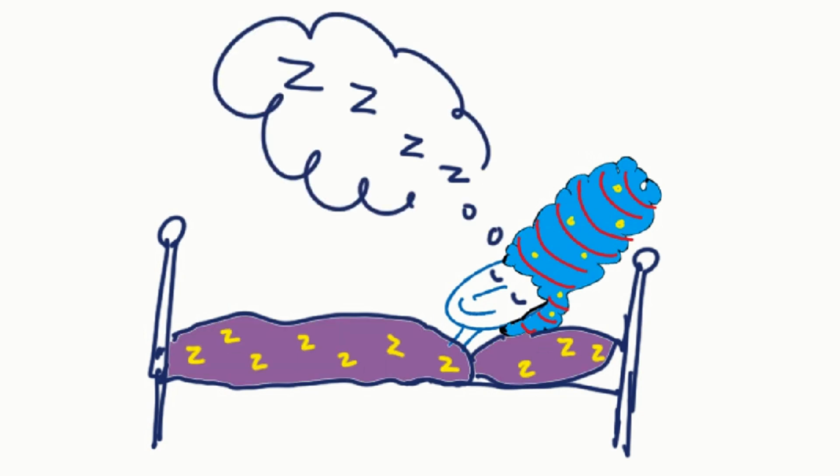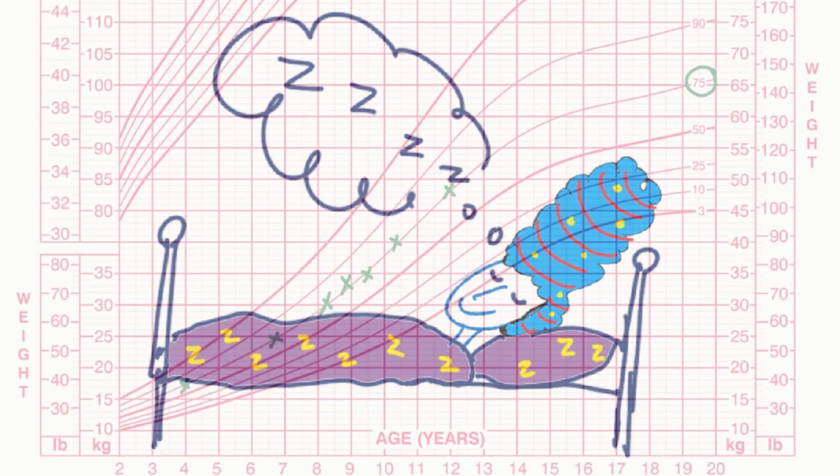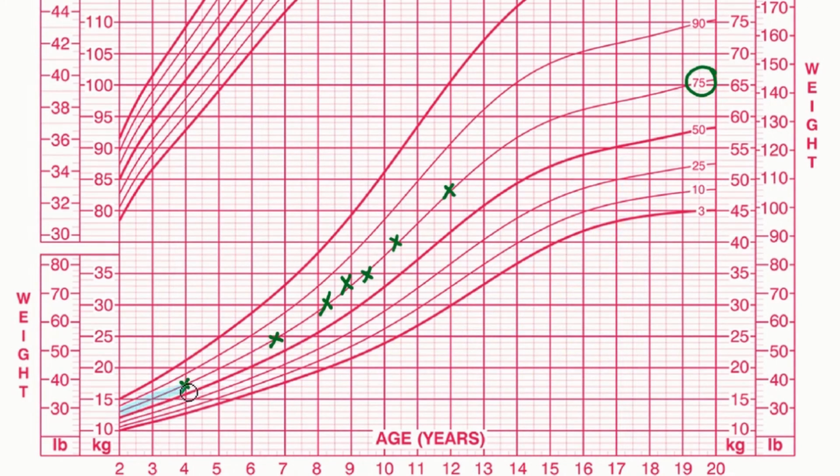Now, the principle we're going on, and as we'll see later, it is only a general guide, is that throughout our lives, as long as we're well nourished, we tend to stay on the same percentile curve. So let's say that the last time this girl was weighed at 12 years old, she was fine on her 75th percentile curve, and 2 years later, she's got eating disorder symptoms. We weigh her and she's 50 kilos. That's 2 kilos more than last time, 2 years ago.